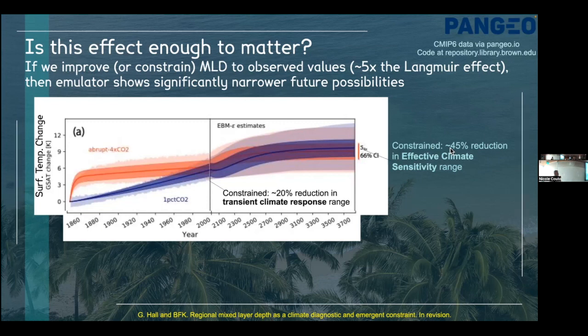So, all right, we had to really hammer the mixed layer to get it into the observed range. It's about 5 times the Langmuir effect, or if you take Langmuir together with some other stuff, maybe it's just 4 times. This is a bigger correction than the corrections we understand how to get the dynamics right for, but those corrections have to do with atmospheric anomalies and cloud problems and all kinds of things. Is that enough to make a real world difference? Well,